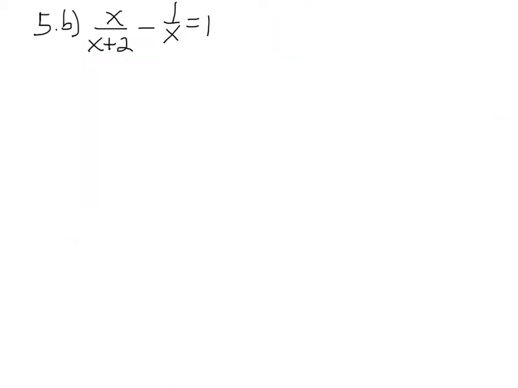5b, again there's an equal sign, so I'm going to be solving for x. I think what I'm going to need to do is multiply to get rid of the denominators. Multiply everything by x plus 2 times x. So when I do that, I have x plus 2 times x